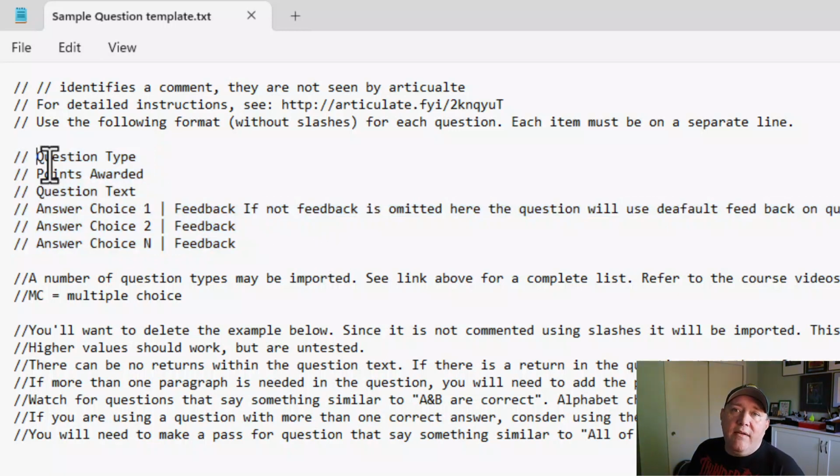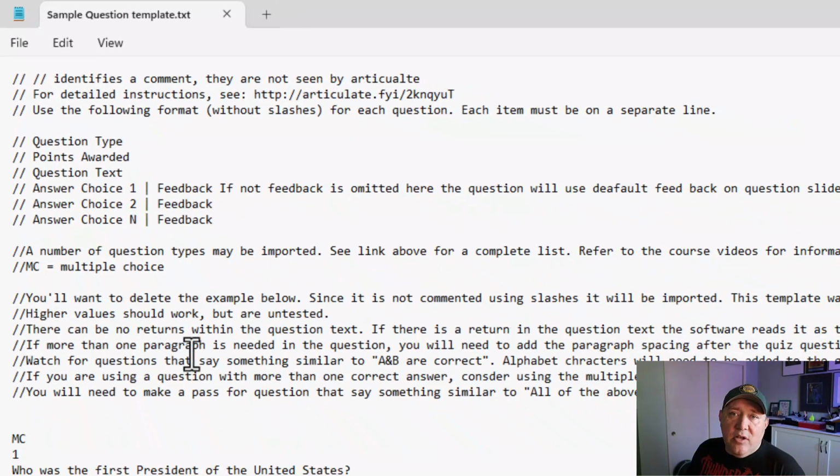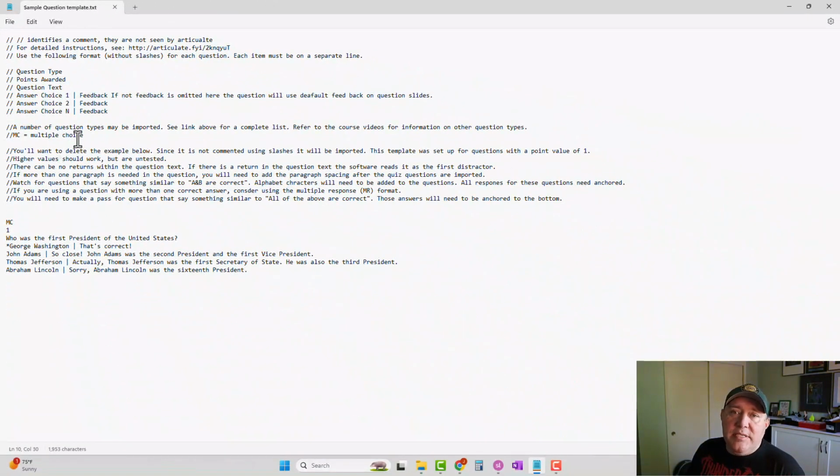Here I have these commented out because it's part of the instruction set. But what Storyline is going to look for is the question type, how many points that question is worth, the actual question itself, and then the answer and distractors. Now, again, this is all commented out because it's directions. Here, we're only going to be working with one question type, and that is multiple choice. We can get into the different question types later, but this is the one that is the most effective and